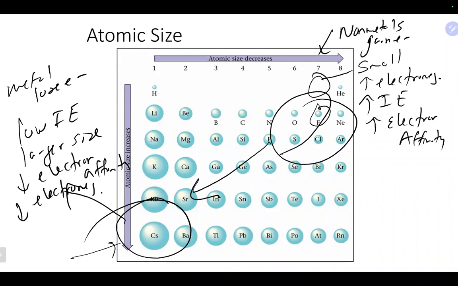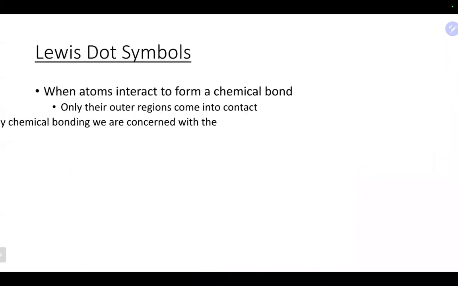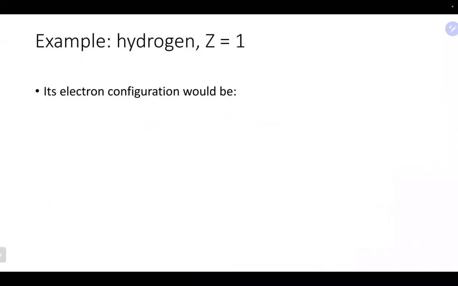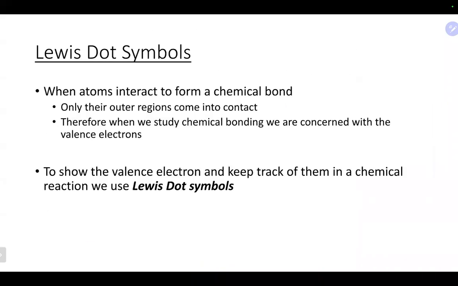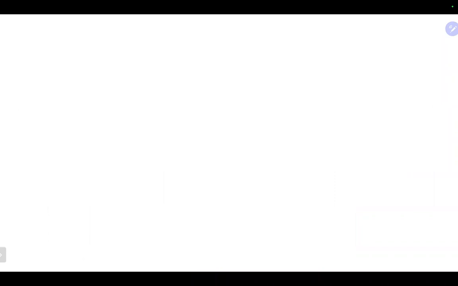Any questions on any of those trends? Okay, let's see here. I think that pretty much wraps up this chapter. Let's talk about